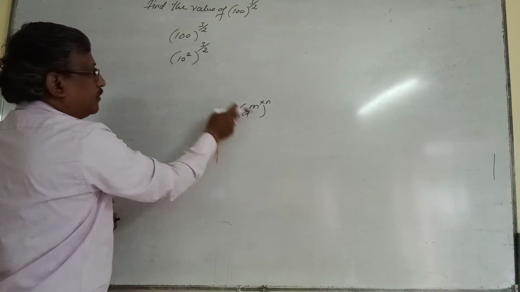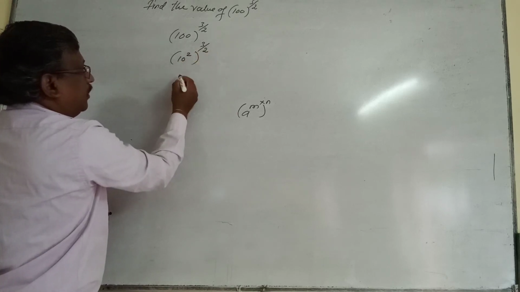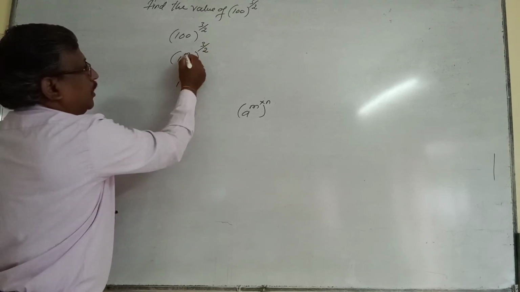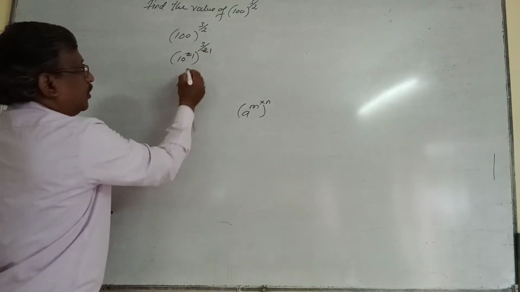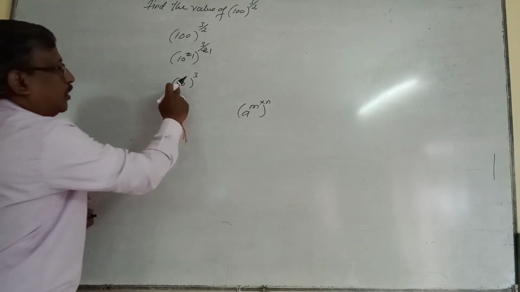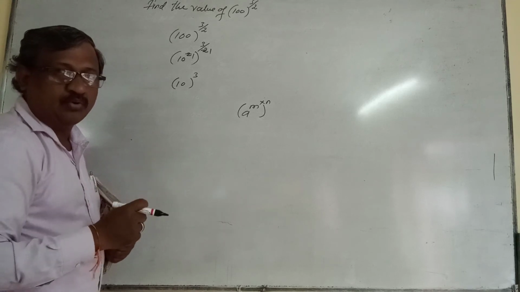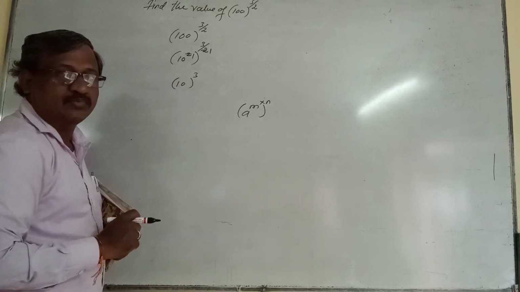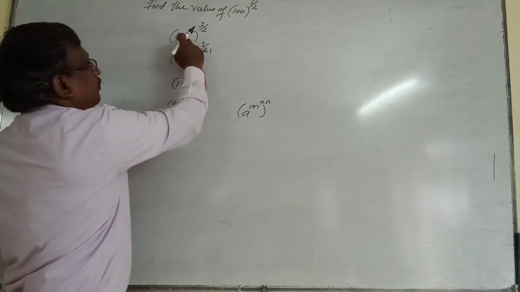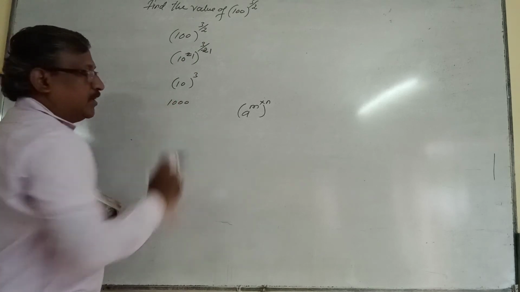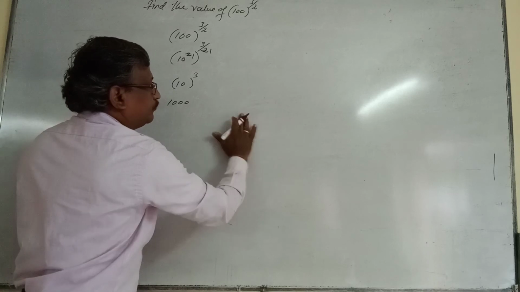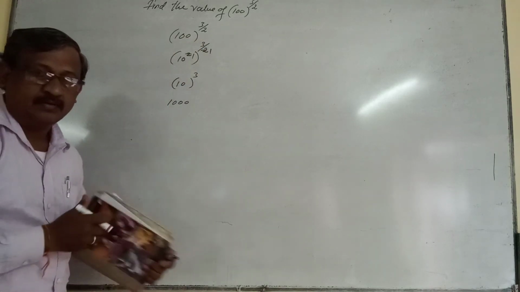Same situation, right? So you multiply the index. It is written as 2 into 3 by 2, or the 2 gets cancelled. So what remains is 10 raised to 3. 10 raised to 3 means 10's cube, means we have to multiply 10 three times in the calculator. If you multiply, we get 1000. Means if you multiply 100 3 by 2 times, the result comes to 1000. Like this. So I hope it is clear to you all, right?